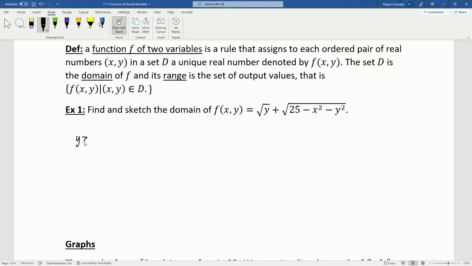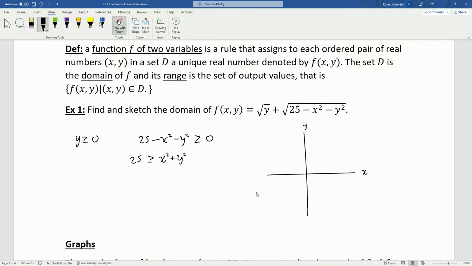So in this case, what do we know? We know that y has to be greater than or equal to 0, since it's in the square root. And we also know that 25 minus x squared minus y squared must also be greater than or equal to 0. So that means x squared plus y squared has to be less than or equal to 25. So if we sketch this,